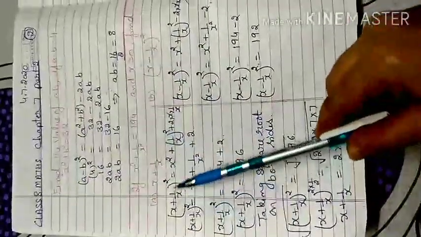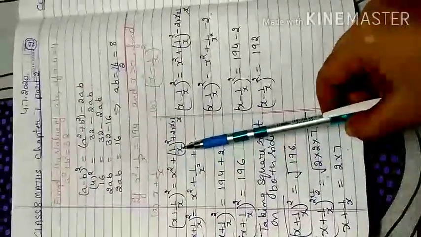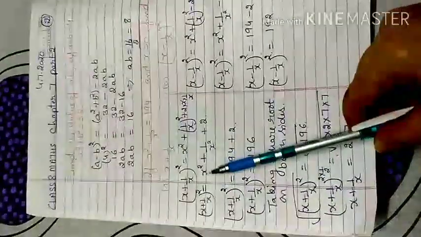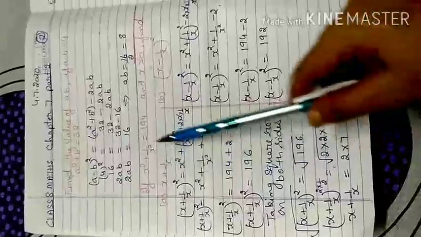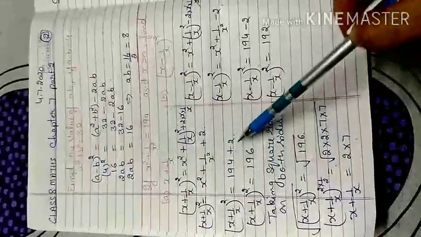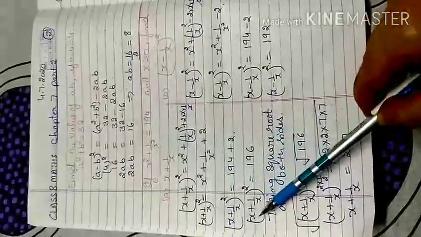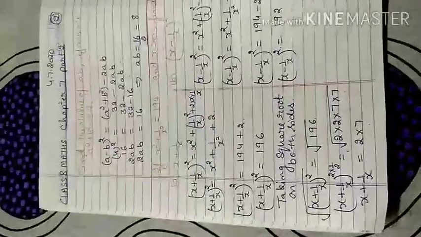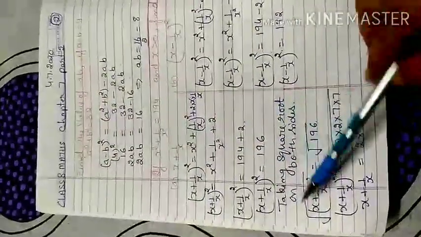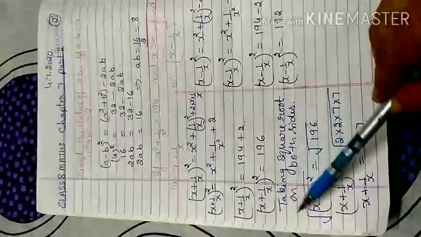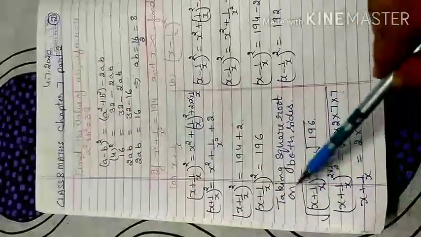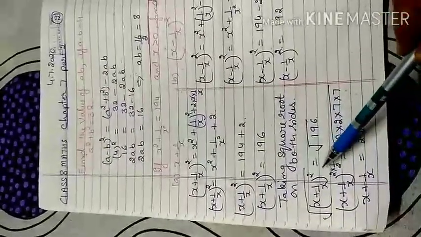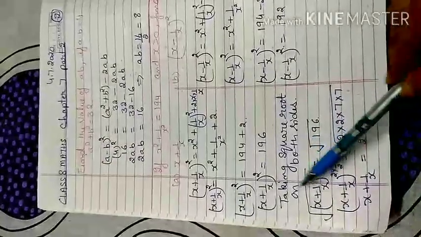If I apply the formula (a + b)² here: first term squared, second term squared, plus 2 times the product of the two terms. x will be cancelled, only 2 is left. Here x² + 1/x², and I am already given the value of x² + 1/x², 194, plus 2 gives me 196. But I need only x + 1/x, not (x + 1/x)². To remove this power, we take the square root on both sides. The square root means this bracket term has the exponent 1/2, and when 2 multiplies 1/2, the 2 is cancelled, or you can directly cancel the 2 with the square root.